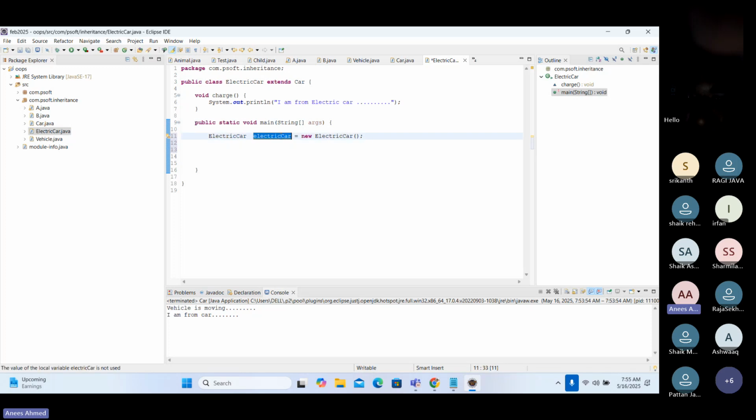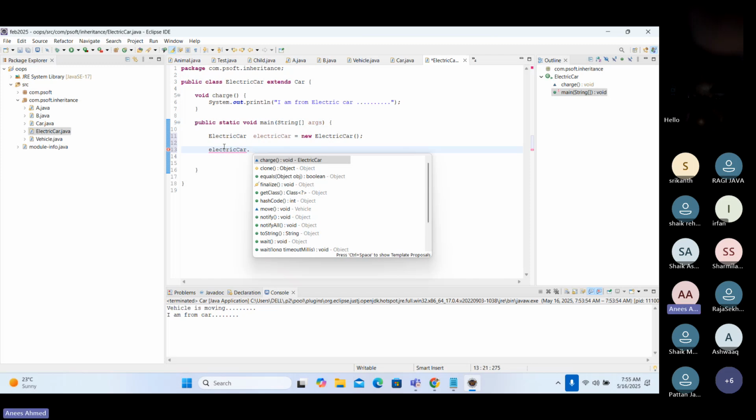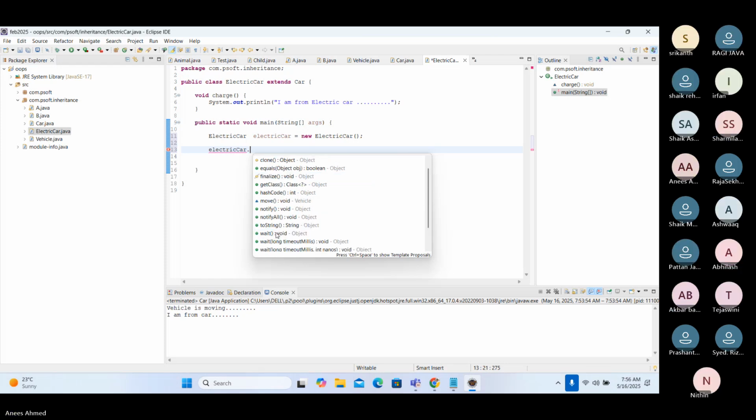Now by using the electric car reference, I will call, you see here, the move method is from vehicle, and another method we created, wheeler, from the car. And all these methods belong to object. Another important interview question they will ask: what are the object methods we have? You can see here the clone method, equals method, finalize method, get class, hash code method, notify all, toString method, wait method,